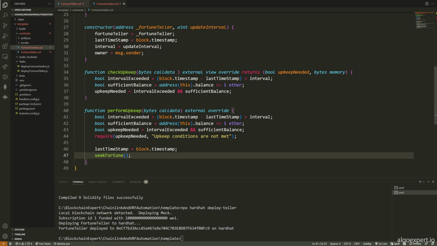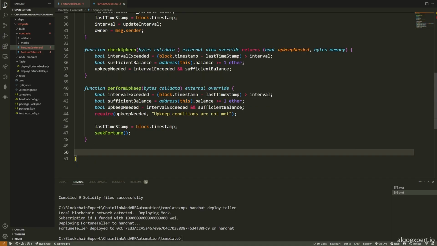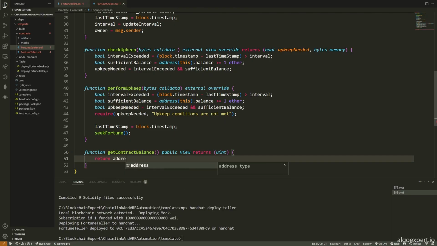So it's a bit weird, but the seek fortune function is going to be on this contract, but then we'll call the one on the fortune teller contract from this function. Okay. Before we do that, let's just write a few other functions it needs. So get contract balance, okay. And this will be a public view that returns a uint, and we can return address(this)